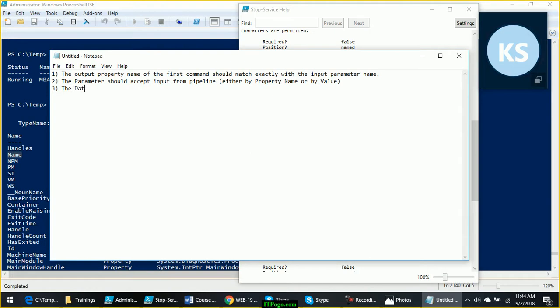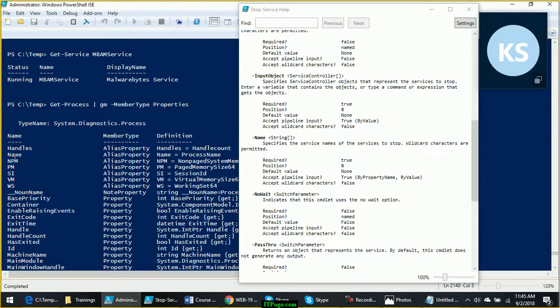The data required by the parameter should be the same as the data available under the property Name. Now under the Name property, what type of data is there? Name will give a string, and the parameter Name also requires a string. That means all three rules are met.